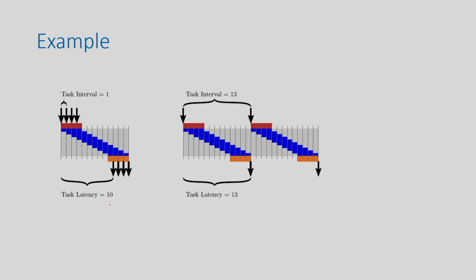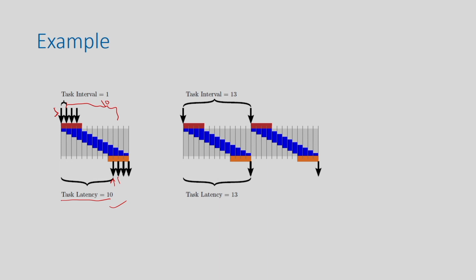Take the left hand side example, where I have a pipelined execution of the loop body. Suppose that if you give an input, you need 10 cycles to process it and obtain the output. You give input 1 here and get your first output here, so the latency is 10. The distance from the first input to the first output, and from the second input to the second output, is 10 cycles. So the latency of this design is 10 cycles.